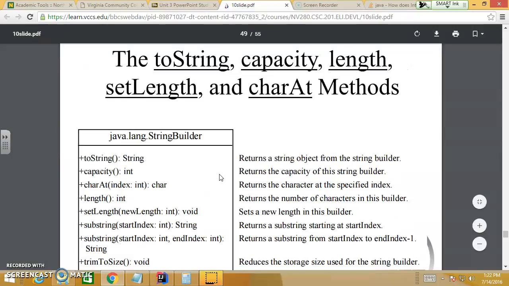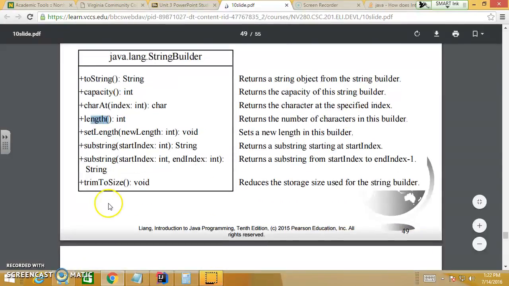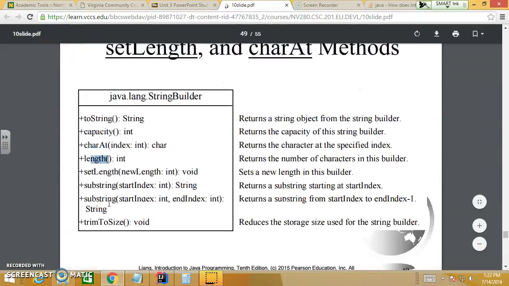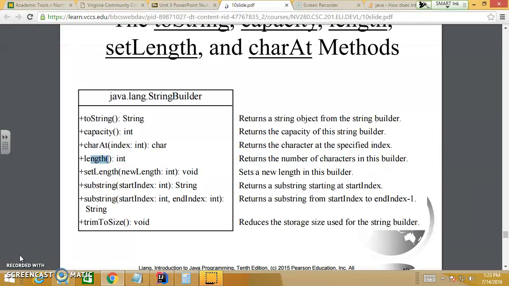Now, StringBuilder also has toString. You can convert the whole string builder into a String class. So what's capacity here? You see this on your test. The capacity of the string builder is not the size, it's not the length. We have the length, okay, it's different. It's pretty much just returning the actual contents that it can store, like the size or the capacity